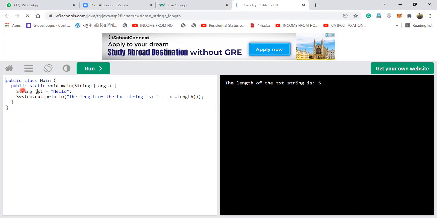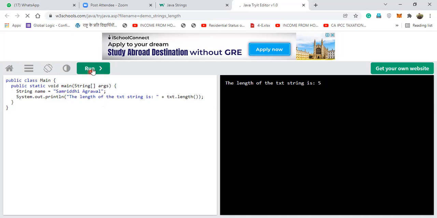So string text. Now I'll just change the variable name, and I'll write Samriddhi. I'll write your complete name. You just spell it out. SAMRIDDHI, Agrawal, AGRAWAL. So now see, Samriddhi is 9 characters, and Agrawal will be the number of characters. You will find that I have written one space here, so it will include that space also. That is the reason I have taken this example.